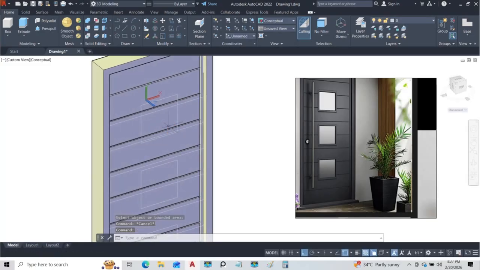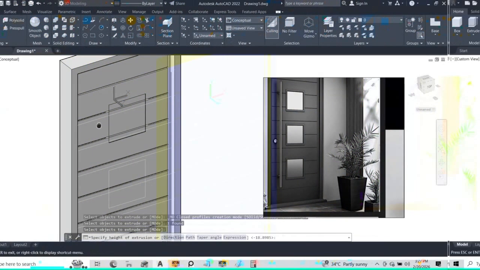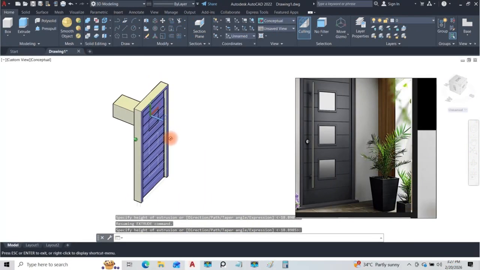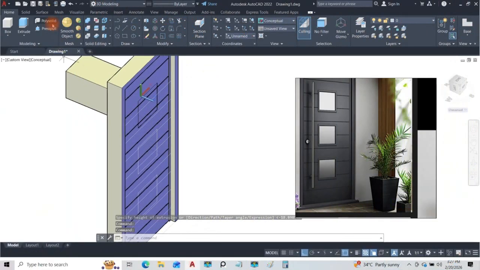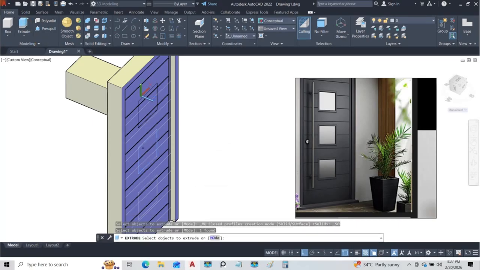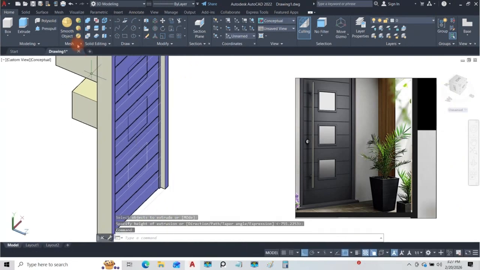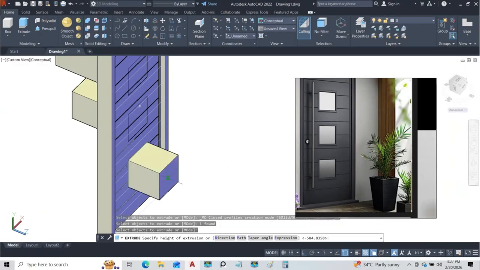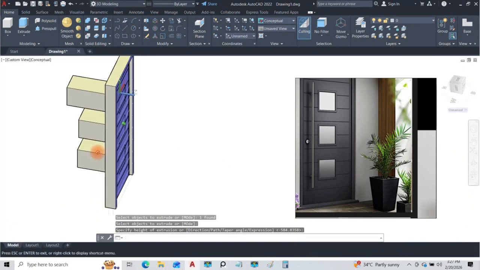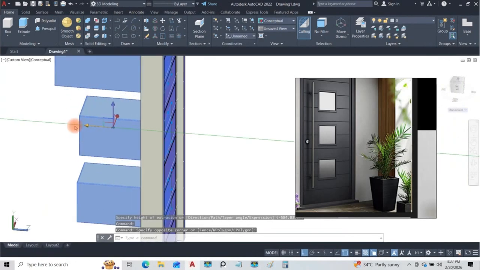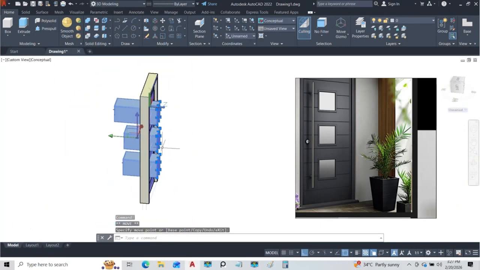So what I will do is I'm going to select this guy, I'm going to extrude it backwards. So just select it, make sure it's a polyline, press enter, extrude back like that. It doesn't really matter, let it just go past it. So I'll select this as well, press enter, go all the way, go to this, select the polyline, press enter, go all the way. So I just need to select all three and move them to intersect the